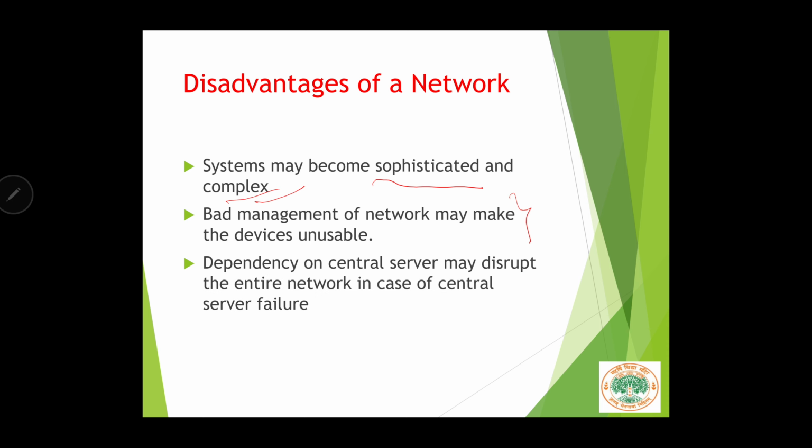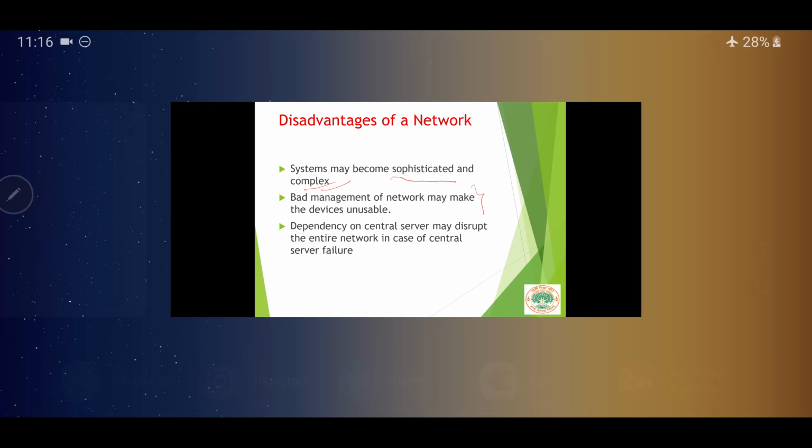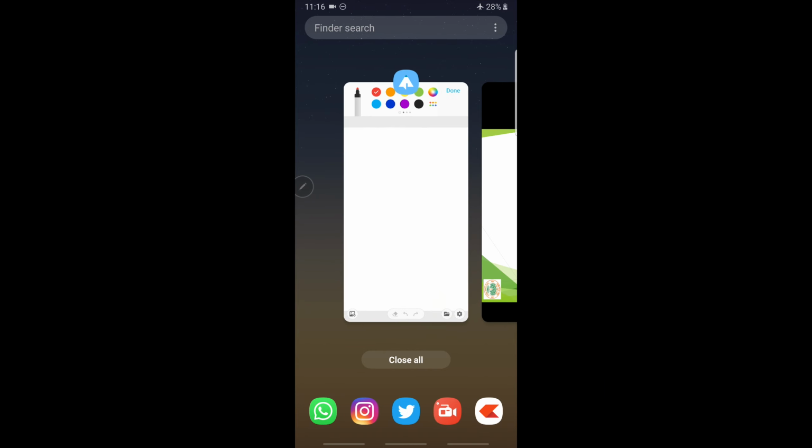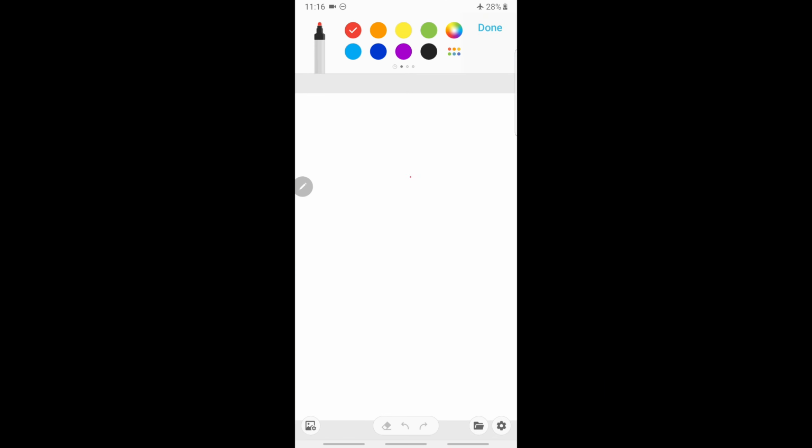Next is dependency on a central server, which may disrupt the entire network in case of central server failure. So what does this point mean? Let me explain. Let's say we have 3 computers and we have a thing called a server. If all these 3 computers are dependent on the single server,